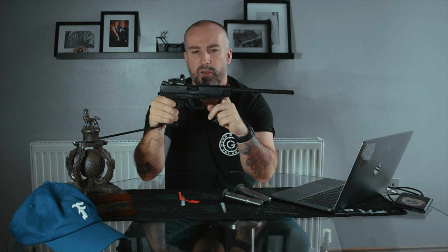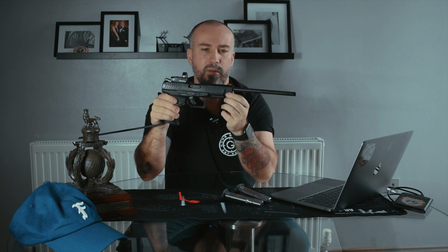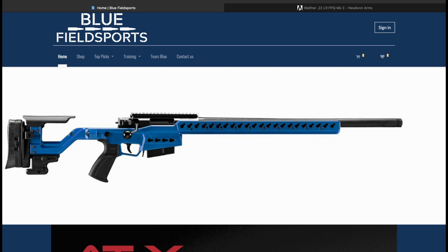It's 5 inches in length. Again, you can only get it 5 inches in the UK. It would have looked a lot sexier in the 4-inch, but hey, you've got to do what you've got to do. So if the look of the PPQ takes your fancy, make your way over to